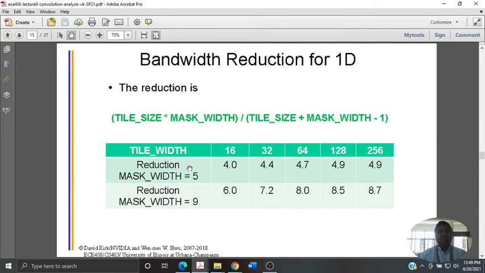So bandwidth reduction with respect to tile size and mask width. So this is a formula we have adopted, and what is the best tile width we can accommodate, or what is the best output element? See, if I say that